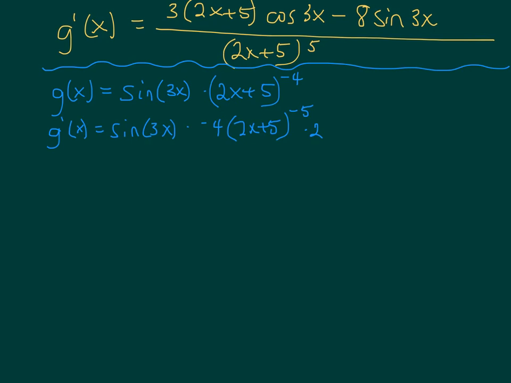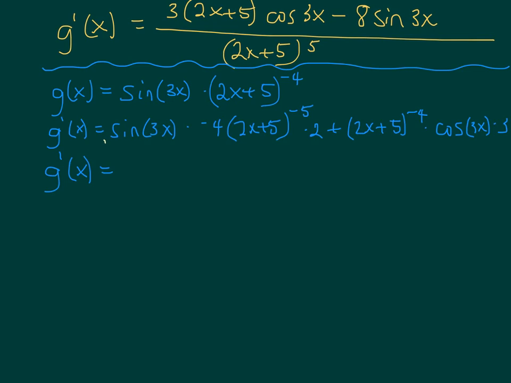Okay, so first times the derivative of the second plus the second, which is that 2x plus 5 to the negative 4. Okay, times the derivative of the first. So the derivative of sine 3x, remember we take the derivative of sine, which is cosine, keep the angle, times the derivative of the angle, which is 3. Okay, so now we have g prime of x is equal to,